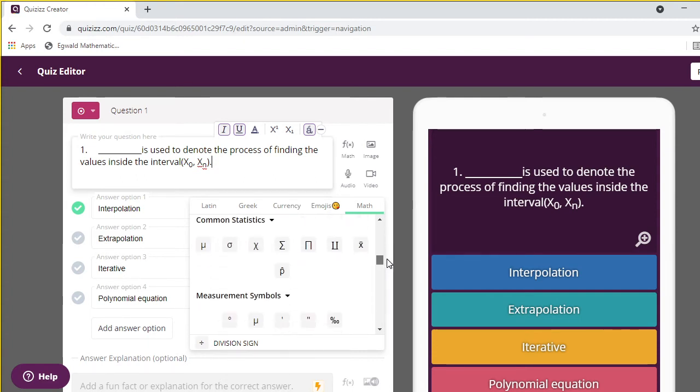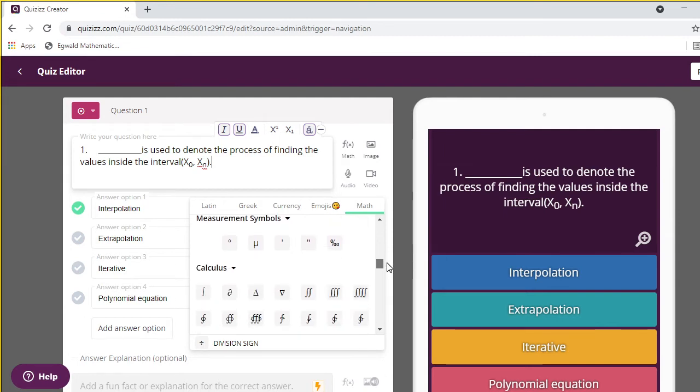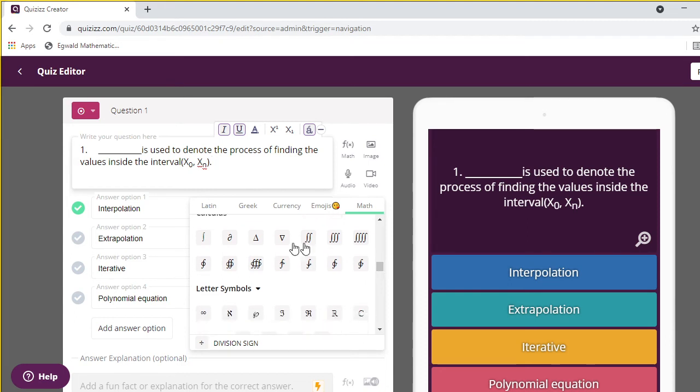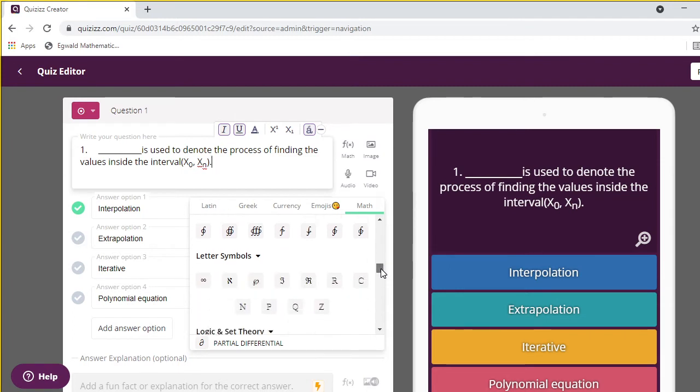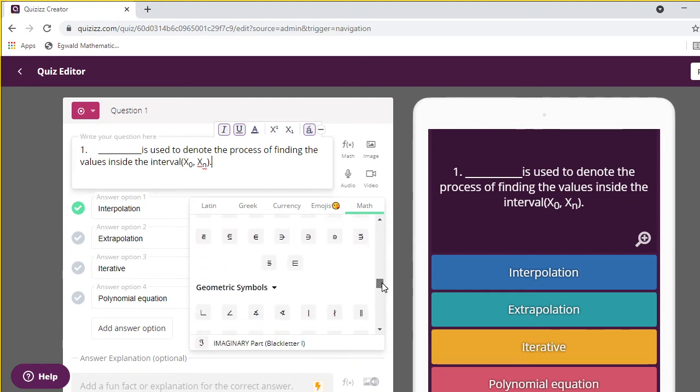If you want fractions, you can change it. Integration symbol is available. Delta, partial differentiation symbols, everything is available. More letter symbols are inside. All mathematical tools are available here.